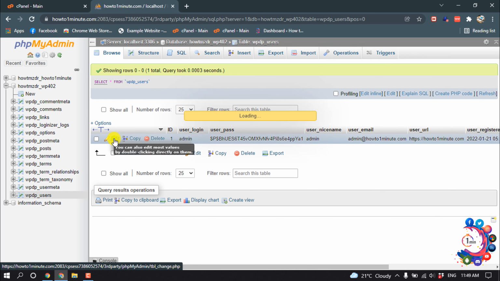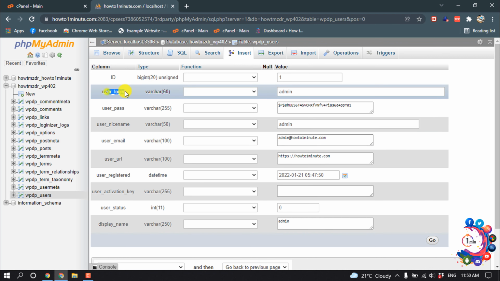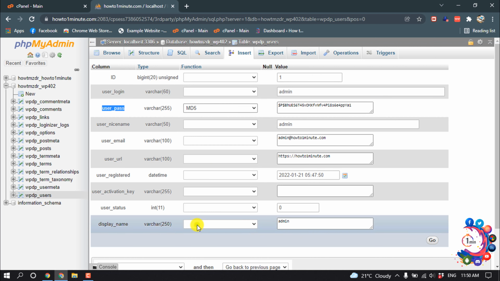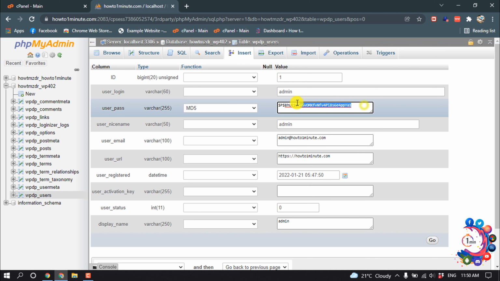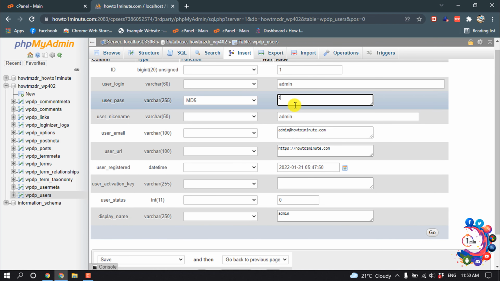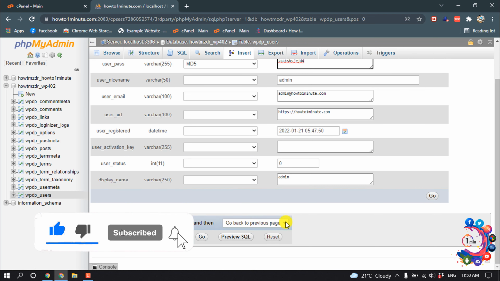and after that click on edit, and here we can see the login username and login password. So click here and select MD5, and here is the password box. So you have to type your new password here, and after that, so I'm going to type here and then click on go,